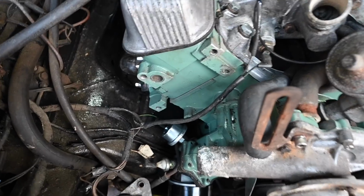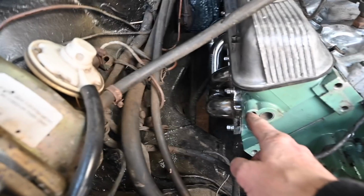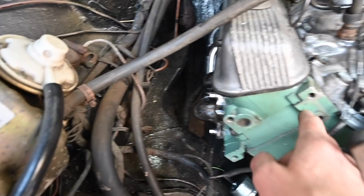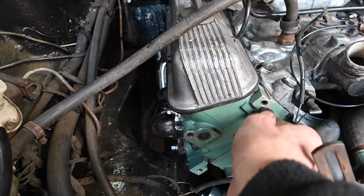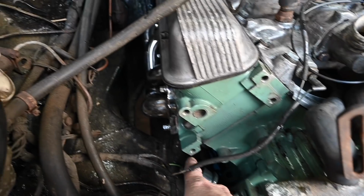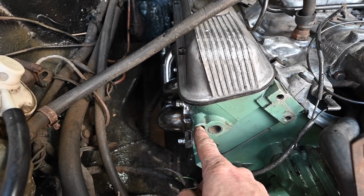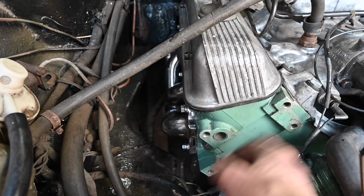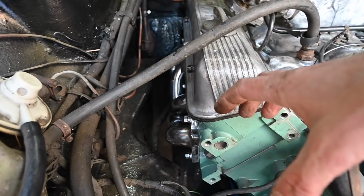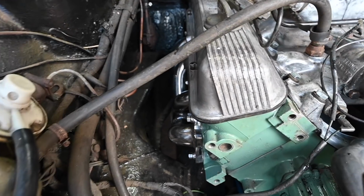Right, the next random fun thing. This is where the alternator sits. It's currently sitting down there on the floor. I've been struggling to find a bolt to go into this little top bolt hole here, because I thought it was the same thread size as this one here, and also as that one down there. But whenever I tried to screw anything into it, it wouldn't go. But I've just discovered, by taking everything off again and looking more closely at it, the big aluminium block, that particular bolt hole is ever so slightly smaller, so I'm going to have to quickly drill that